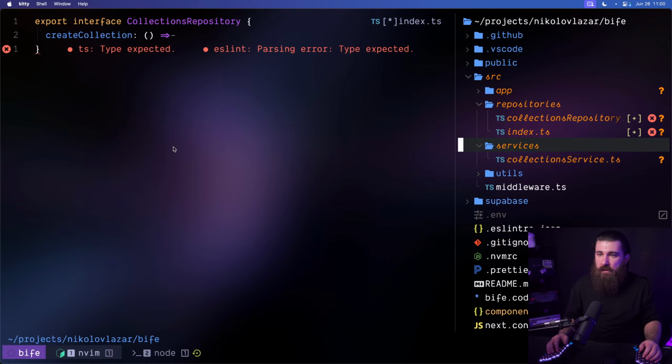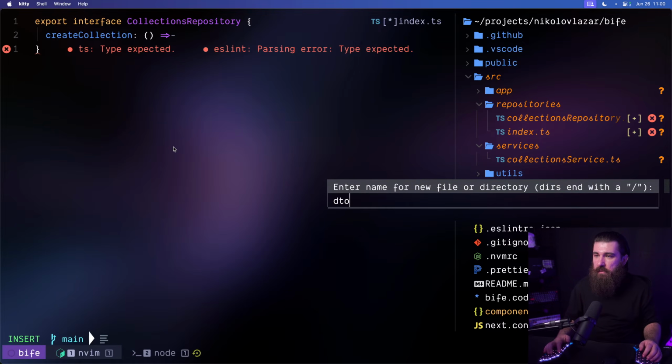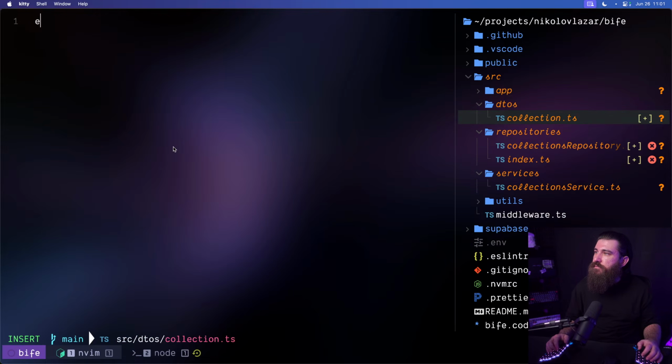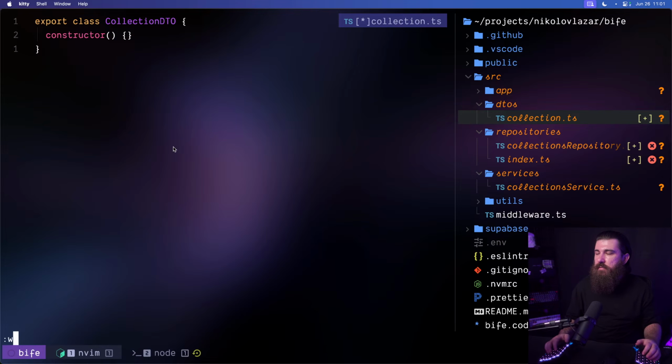Okay. DTOs are going to live outside. Let's just do DTOs like this, or just DTO. With the services, repositories, we're going to do DTOs as well. And let's do collection.ts. This is going to be the collection DTO. It's going to be a class. We'll have a constructor. We'll figure things out. Okay, but we have a type now,